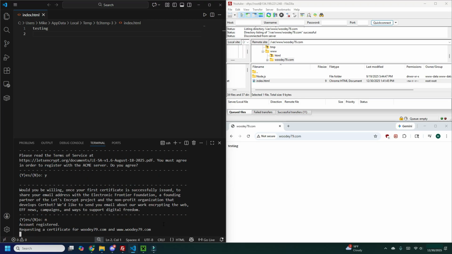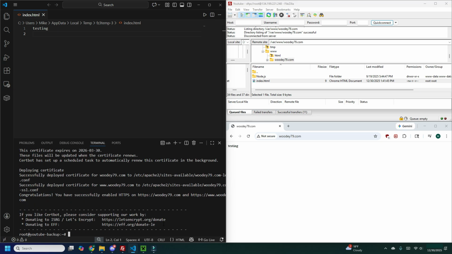Okay, requesting a certificate for both of those. Deployed the certificates. The certificates are now there. We have successfully enabled HTTPS, and there we go. Now if we do certbot